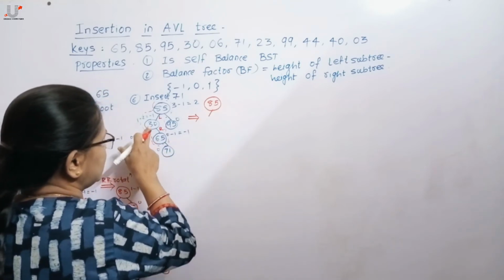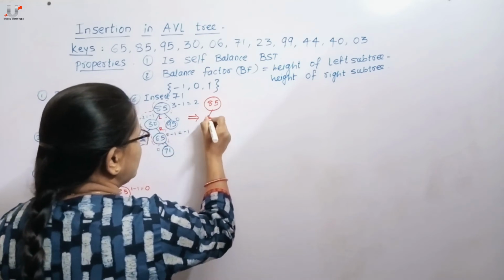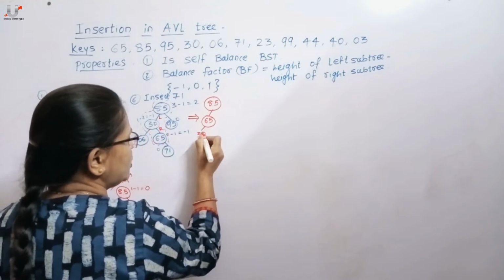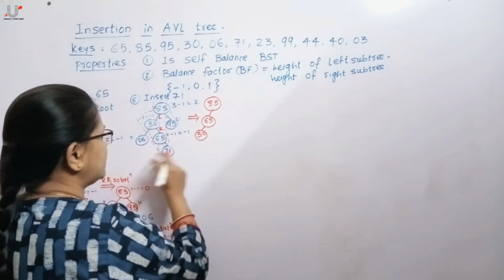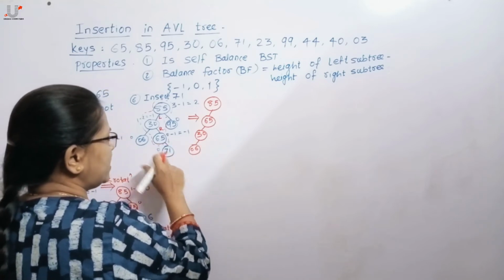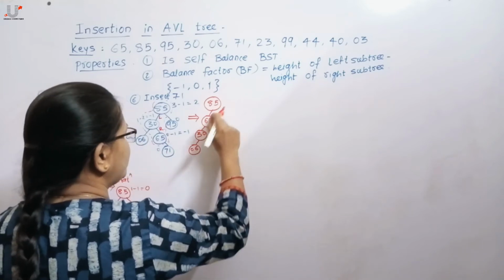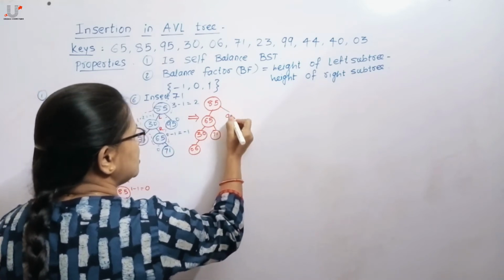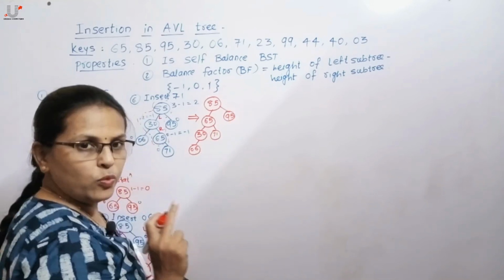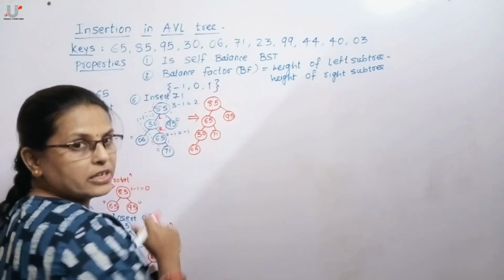Here 30 pulls down and 65 becomes the new parent. Then as 30 is smaller than 65, it gets added as a left subtree, and 6 to the left of 30. Then 71 is greater than 65, so it gets added to the right of 65, and as there is no change, 95 will be the right child. Then we have to apply one right rotation between this 65 and 85.